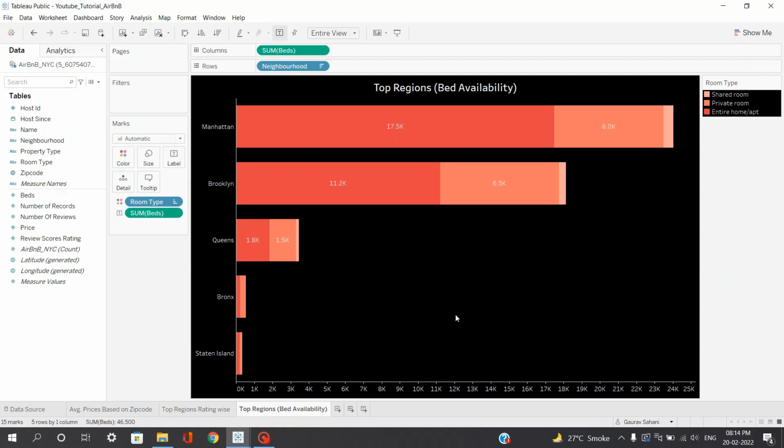So what we'll be doing in this second part is we'll be building a time series sheet which will be analyzing how the prices changed over the years. We'll be consolidating all these sheets into one dashboard, introducing interactive filters, adding a dashboard title, and finally looking at how we can present this dashboard in a much more presentable way.